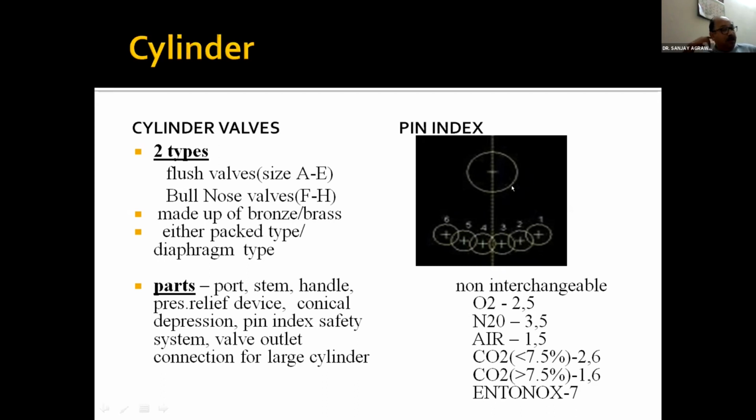And please remember, the pin index system is a part of the anesthesia machine and not a part of a cylinder. It is present in the hanger yoke assembly, and it helps in orienting or attaching a proper cylinder at a proper place. Because these depressions get attached to a common outlet, the depressions which are present on the anesthesia cylinder valve, and there it gets attached, and there are different names which are given to each.